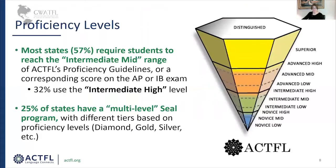I'd like to talk briefly about proficiency levels and where states are as far as those criteria that are set to meet. Most states, and this is from the report, 57%, require students to reach the intermediate mid-range, and then 32% of states are requiring the intermediate high level. What's really important in this is that when we think of that intermediate mid, intermediate high range, and we're kind of where the green is meeting the orange in our cone here, we know that this takes an average student, and there's going to be students on both sides of that spectrum, about 4 years to reach,